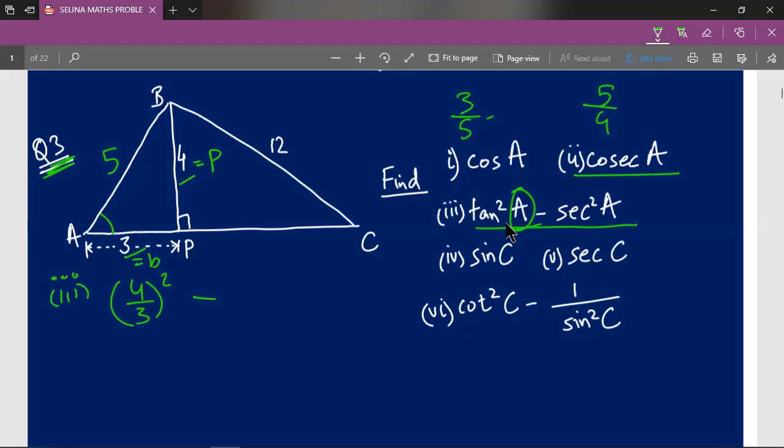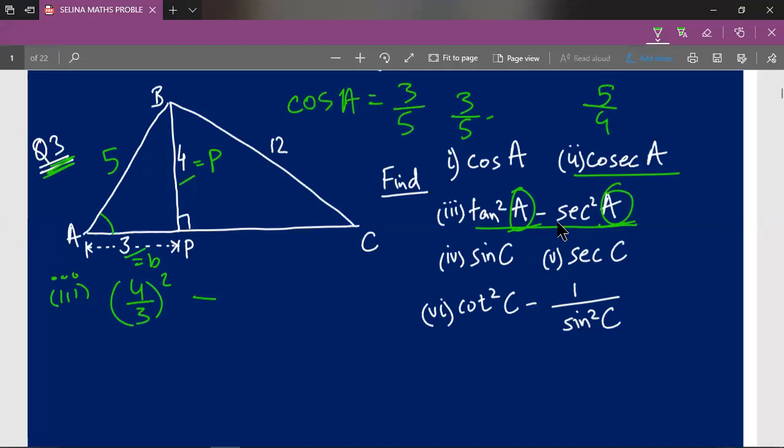So cos theta is the reciprocal of secant theta. So for solving secant A, first we'll try to solve cos A. Cos A means that the alphabet A should be to the ground, and cos A basically states that with respect to A, tell us cos A, that is base upon hypotenuse. So base upon hypotenuse is 3 upon 5. Cos A is equal to 3 upon 5. Okay, I'll just write it here. Cos A will be 3 upon 5.